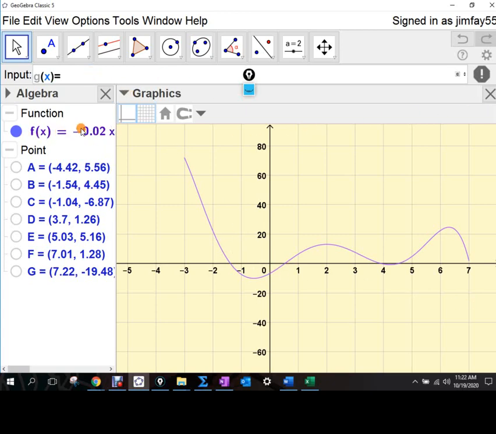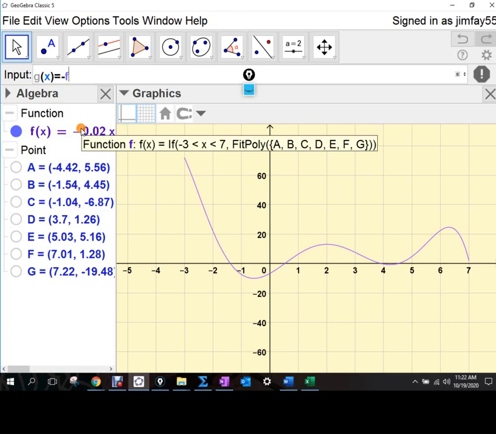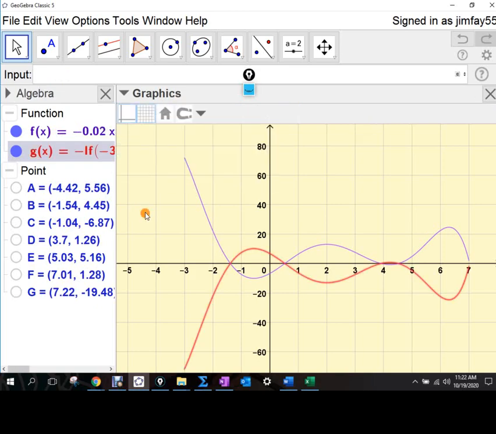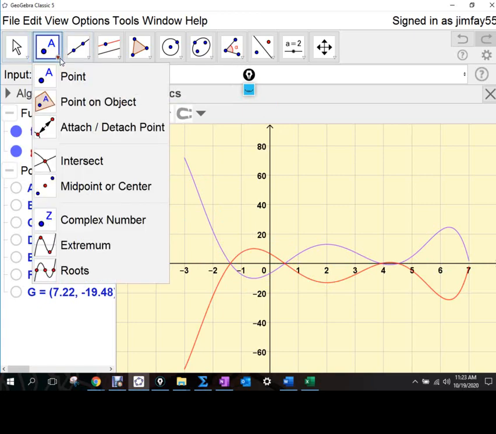But if this is f of x, let's multiply it by negative. Let's put a negative out in front. And you see what it did to that graph. It took the purple graph, and does it look like we folded on the x-axis and the purple graph landed on the red one? The only thing that changed is if I were to look at